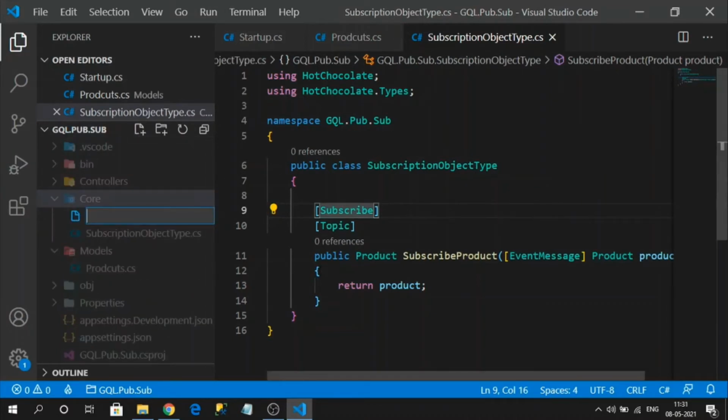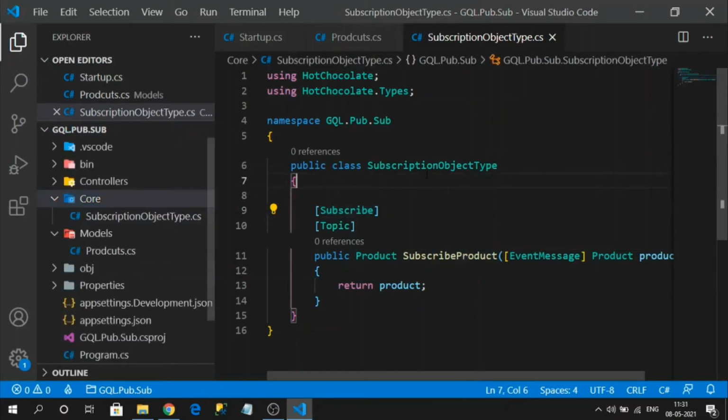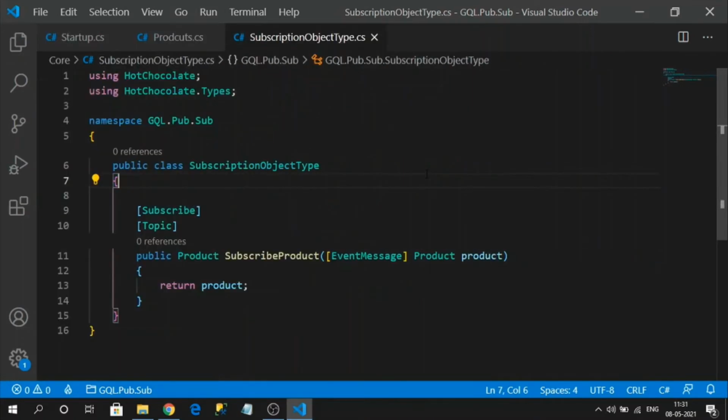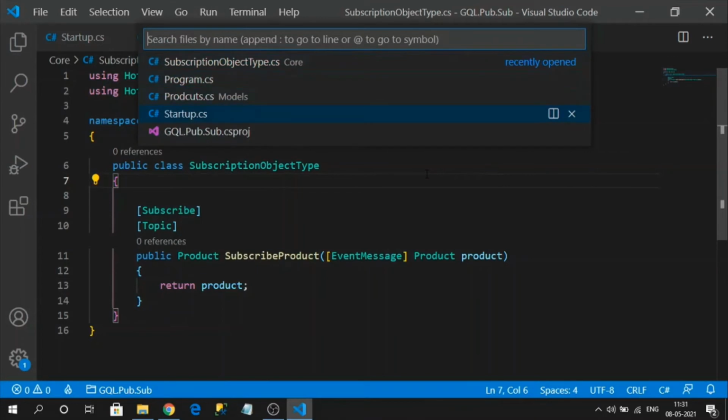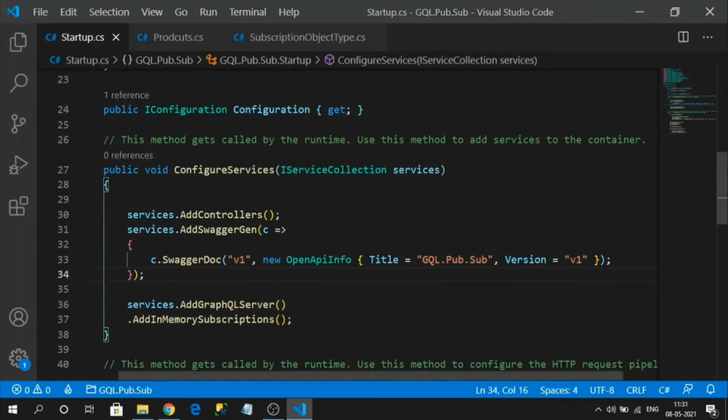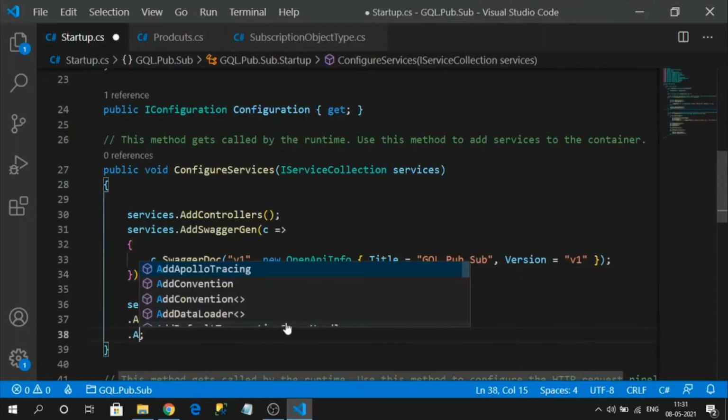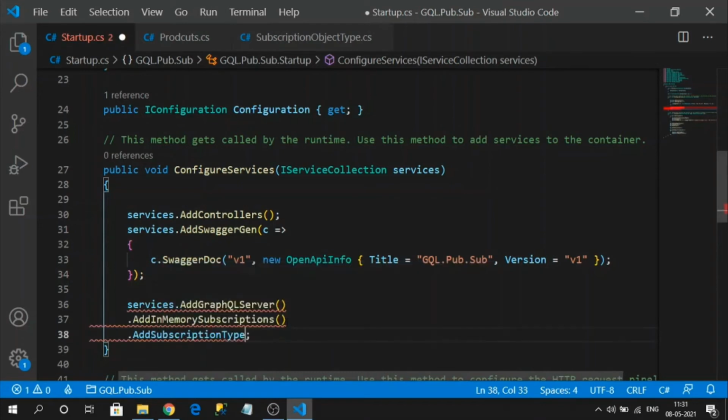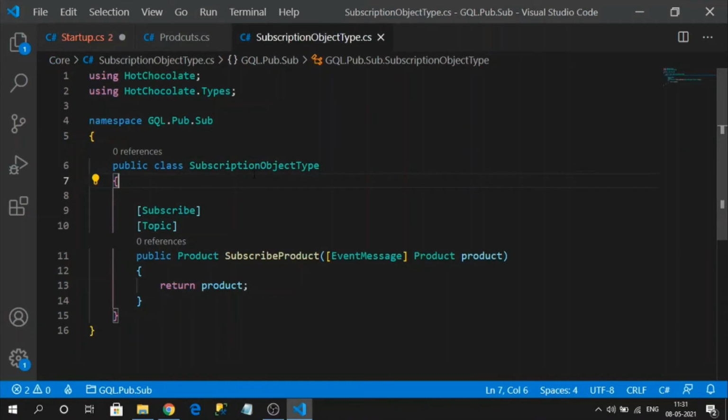Before creating that, we need to register our subscription object type in the startup class. So for that, go to Startup, add subscription type. Here, I can specify my subscription type name.